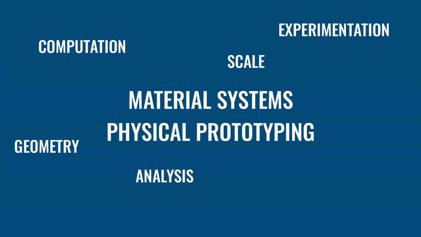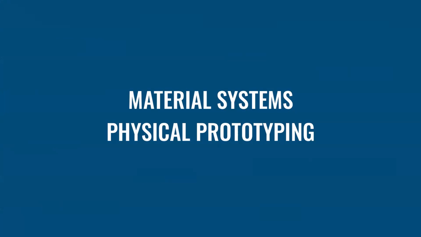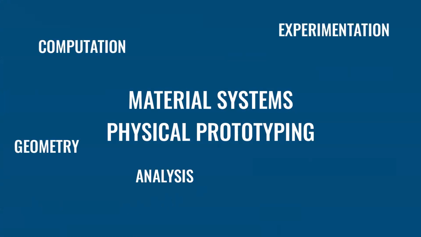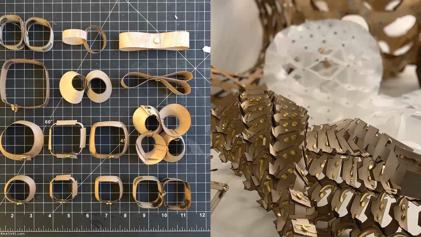As I mentioned earlier, we try to aim for this multi-scalar approach, where we start with our students at the beginning of the year, we look at local material systems, we explore material systems, geometry, geometrical relationships, their analyses, details, tolerances, and so it's a very much iteratively generated experimental program. We really start with simple experiments, very much hands-on. We're a very hands-on program. We start with paper, cardboard, and so on and so forth, and really understand the material properties, their curvatures, their limitations in terms of material properties,